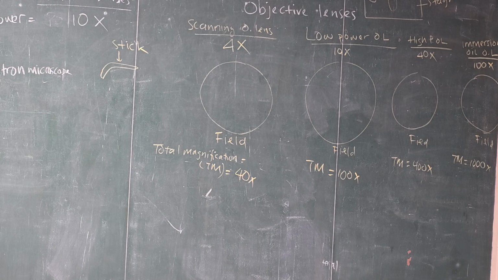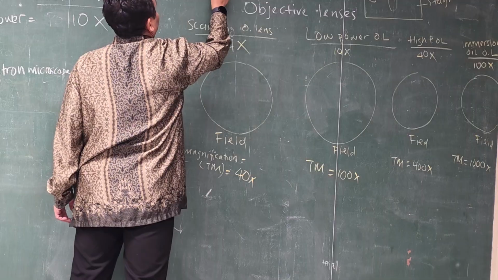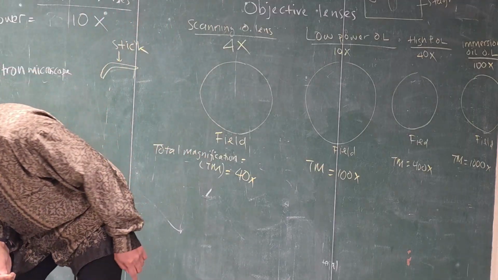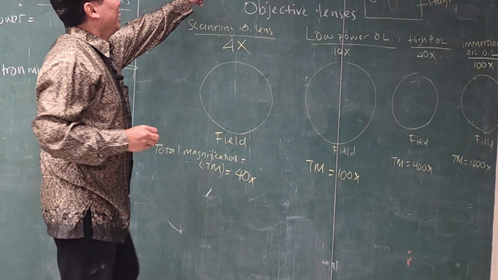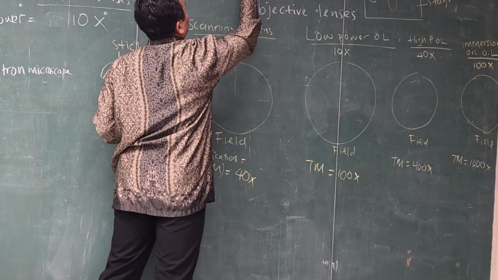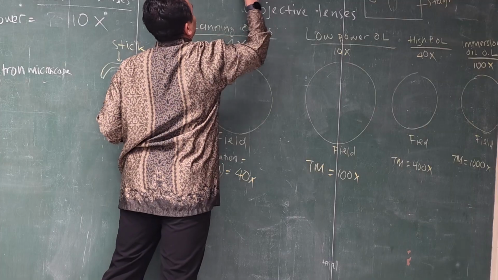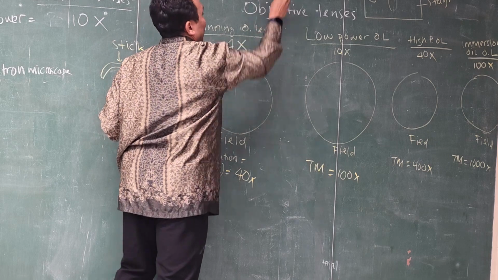Okay. You can also move the slide left and right, front and back, using what? There is a knob. Where is the knob? There are two knobs under the stage, I think on the left side. So this knob like this is bigger, and then the other one is smaller. I hope it looks like that. Okay, got it? So these two are called the mechanical stage controller.